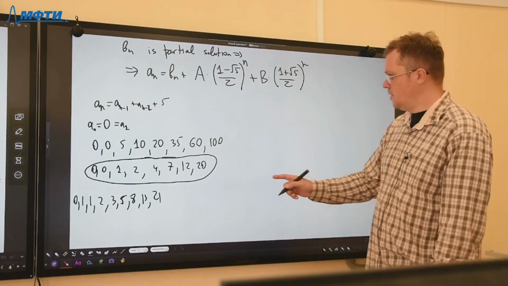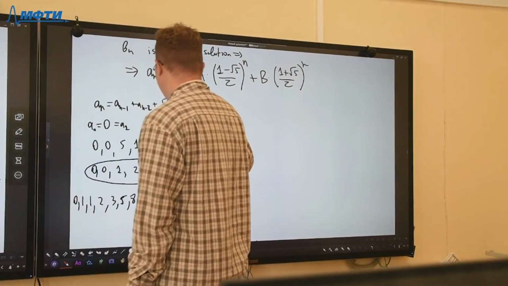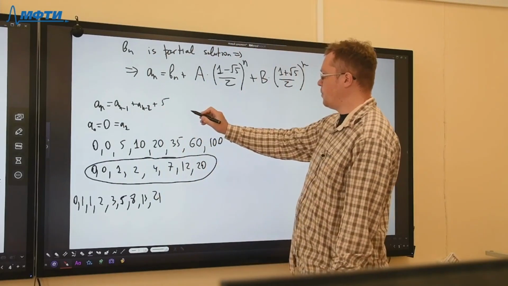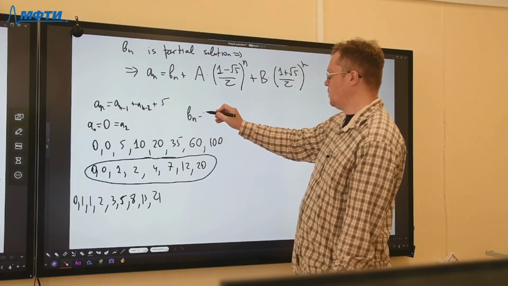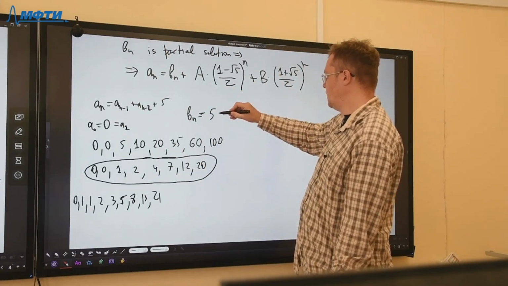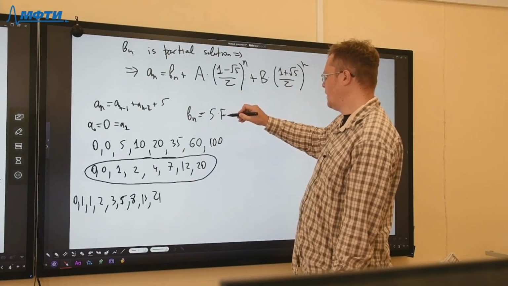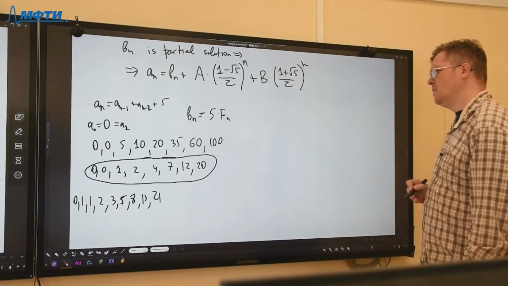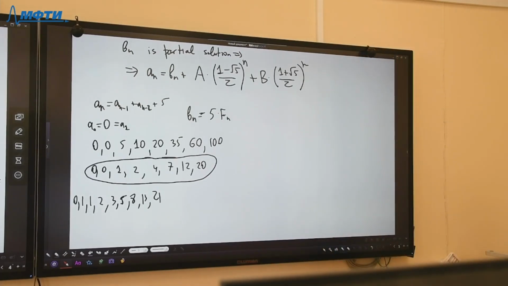Okay, so here the partial solution Bn will be equal to something like 5 times Fn shifted plus